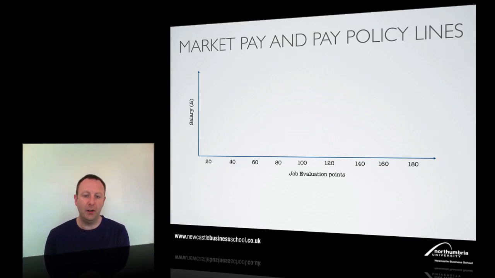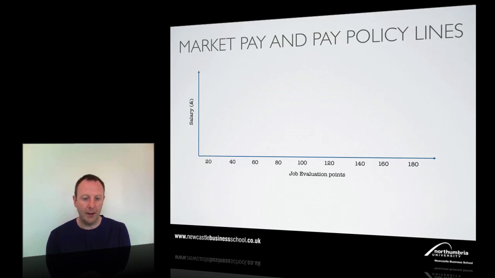So we start with our internal job structure, which we've prepared previously. And we've identified all the jobs in our organisation, and we've identified how many job evaluation points each one of those jobs attracts. And we can see that on this diagram here with the job evaluation points going along the